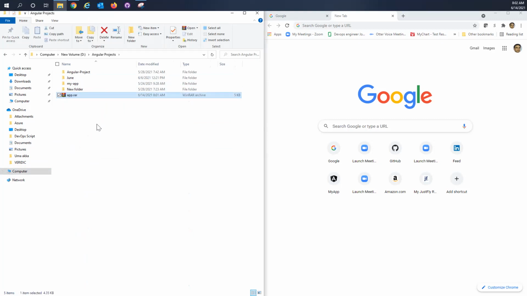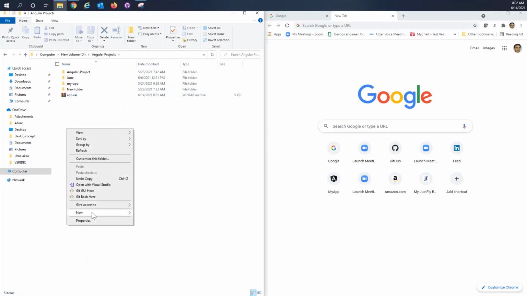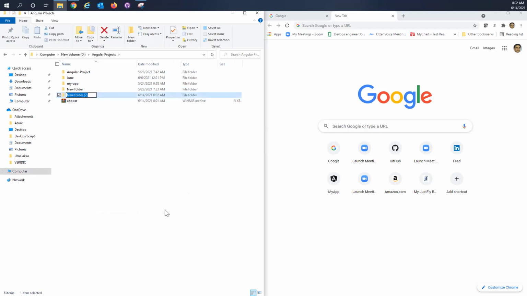Okay, this is the one. Rajesh, where do you want me to place this one? I will create a new one. You can create a new folder, go to command and create a new project with ng new.